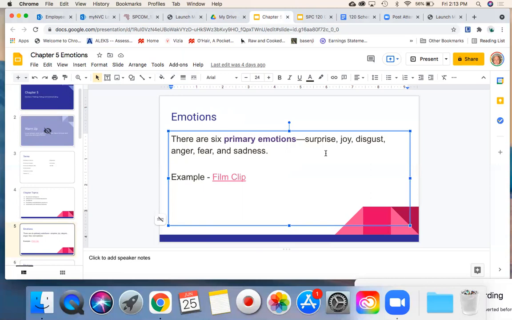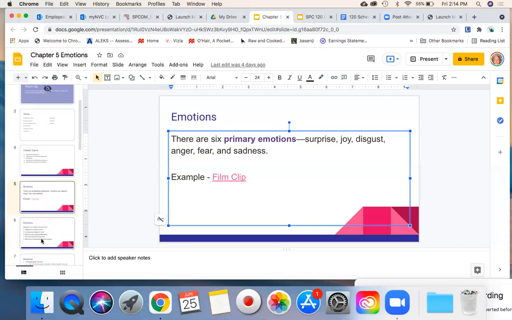But if you look in your book, there's a really nice table of a lot of different emotions, or not emotions, but expressions. And they all tend to fall into these categories. So these are really more like categories, but you actually can enrich your ability to describe emotions by expanding your emotional vocabulary. And so you'll see that. Okay.